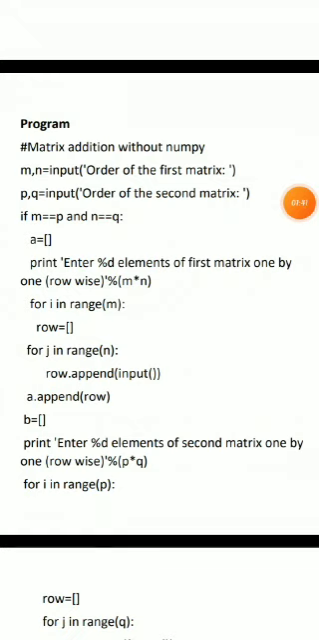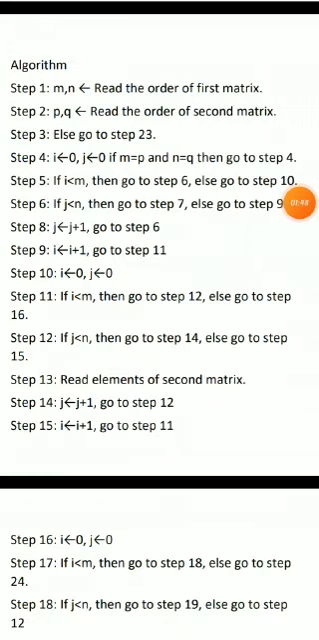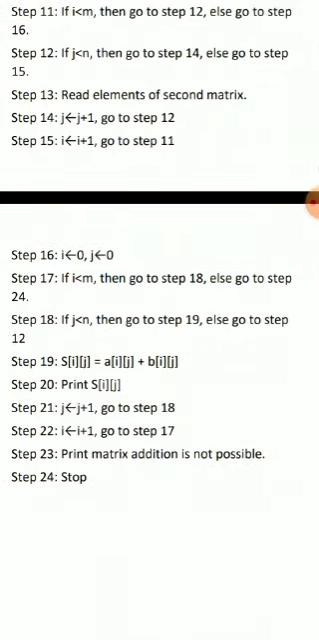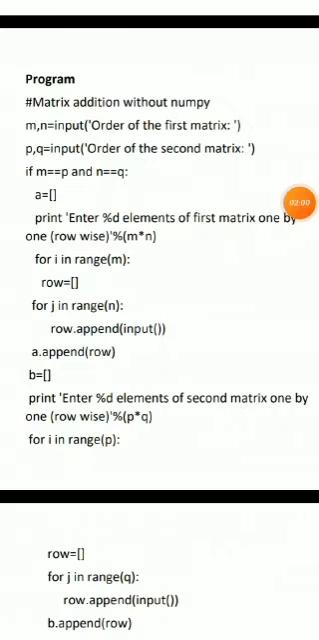Then next one, if m equal to p and n equal to q, then go to step 4, or else go to step 23. That is, step 23 is print matrix addition is not possible. If this condition is satisfied,